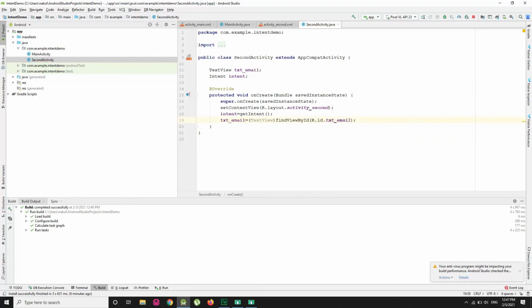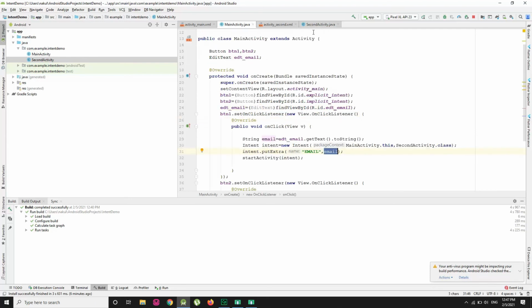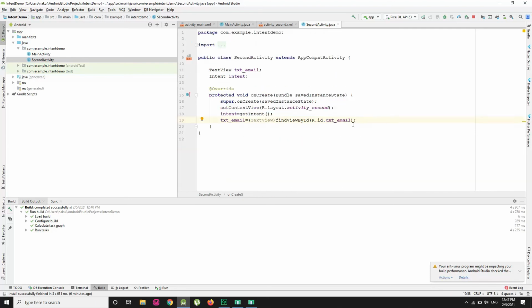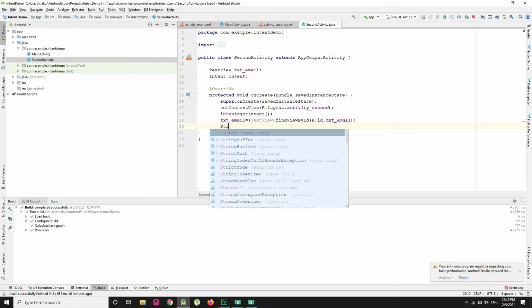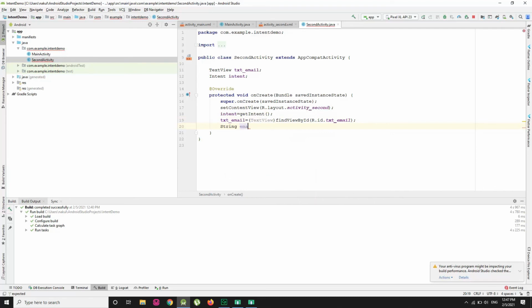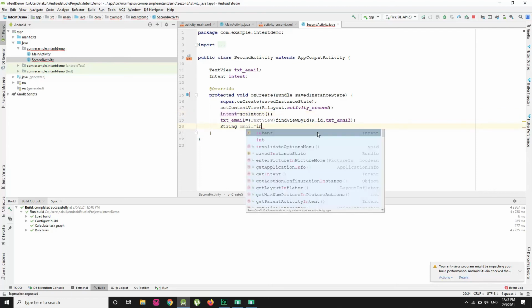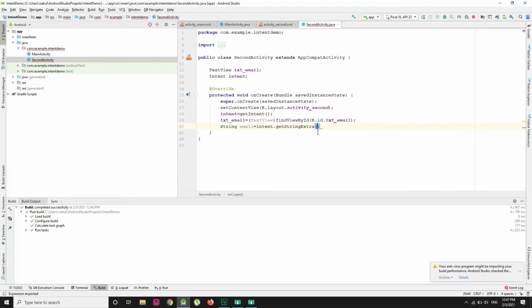Now the question is how to fetch this email ID value to here, right? For that I am going to make an object of the String class, then equals, here I am going to use intent, right? So intent dot getStringExtra.